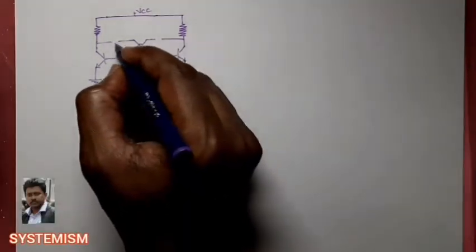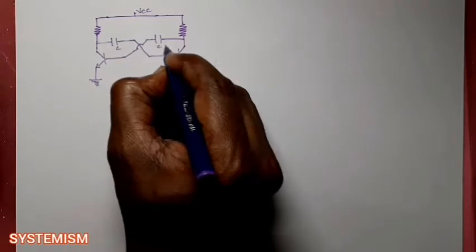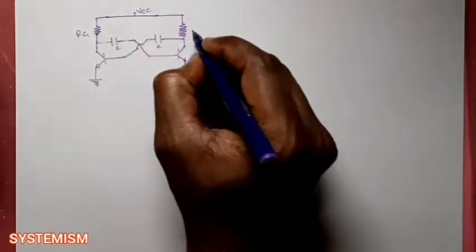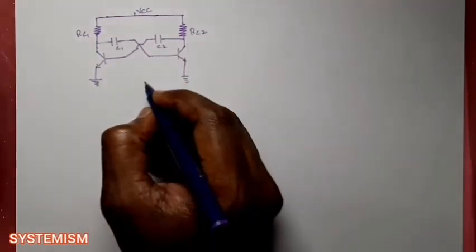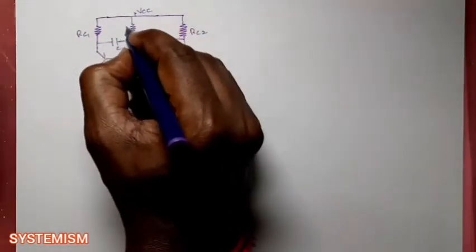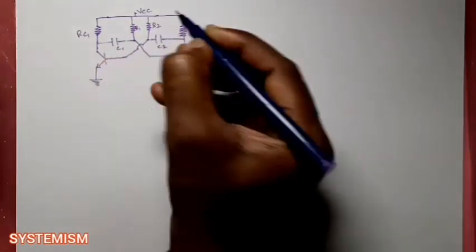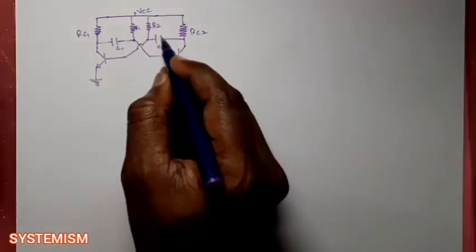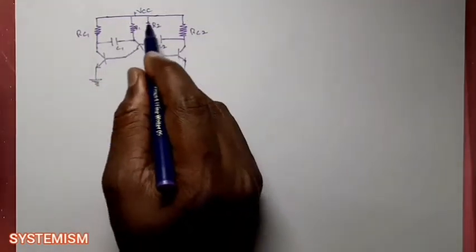In your feedback path you have to connect two capacitors. So you have to connect a capacitor for this path and another capacitor for this path. Okay, so this is RC1 and this is RC2. So these capacitors are C1 and C2. Then you have to connect a resistor at this area. This resistor is R1 and you have to connect another resistor here, and that is R2. So C1 R2, C1 R1, C2 R2. Okay, so likewise only you have to construct an astable multivibrator.